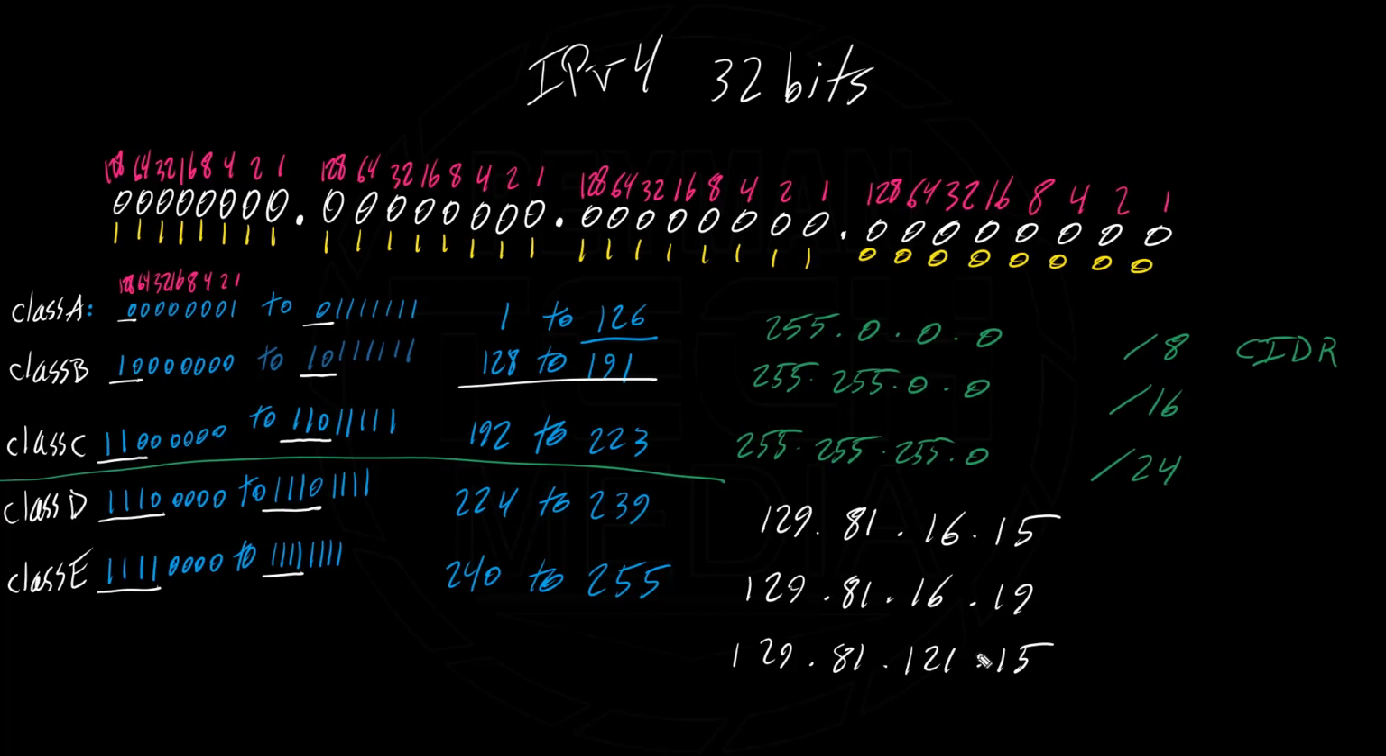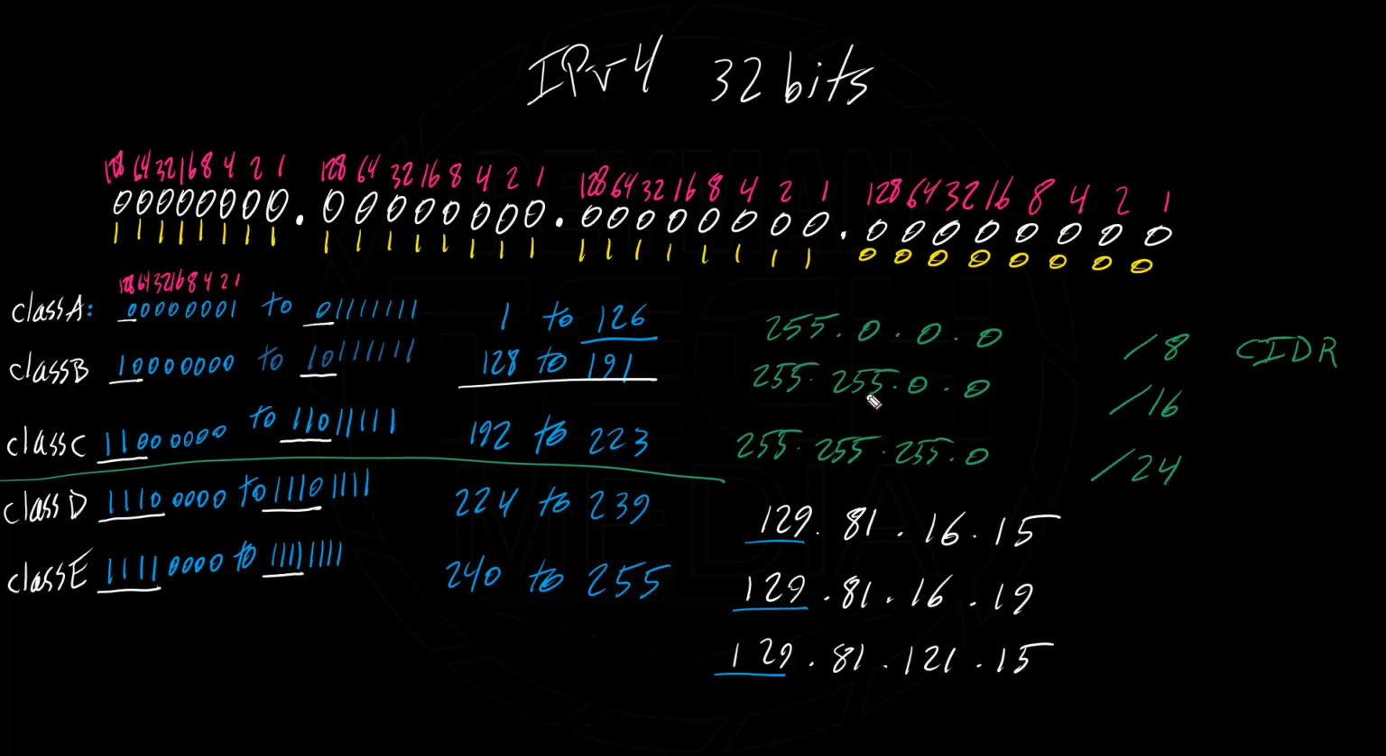Can they ping each other directly without going through any router? And the correct answer is yes. Very good. Because first we want to find out what class they are. Looking at the first octet, 129, 129, 129, this is class B because 129 falls into this range. And because they are class B, now we need to take a look at the class B default subnet mask, which